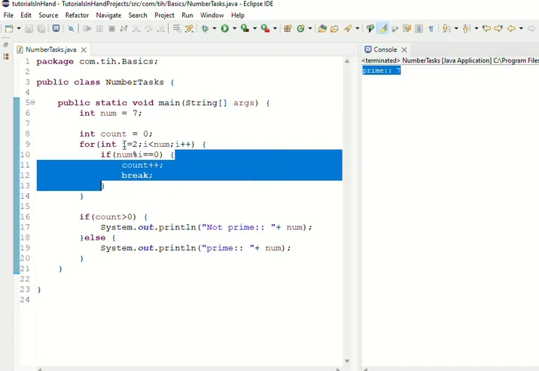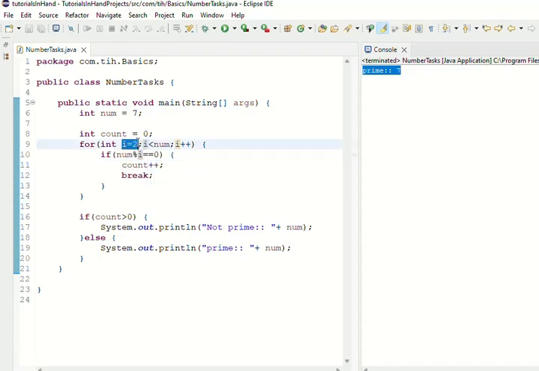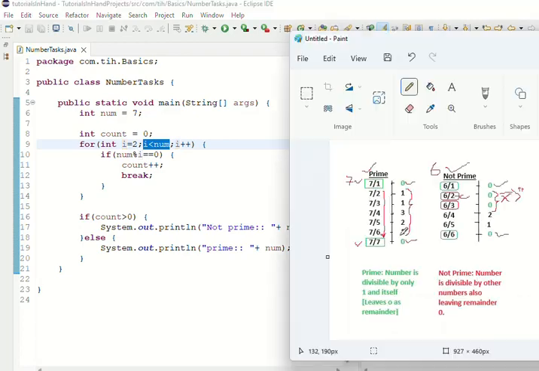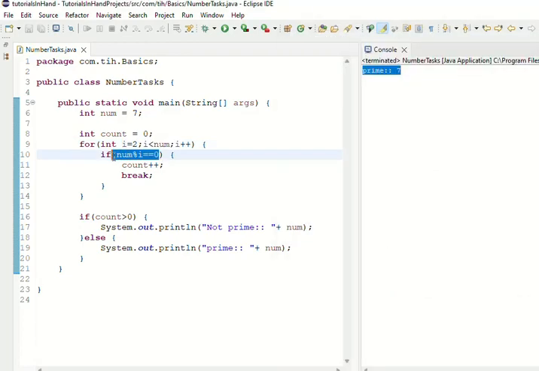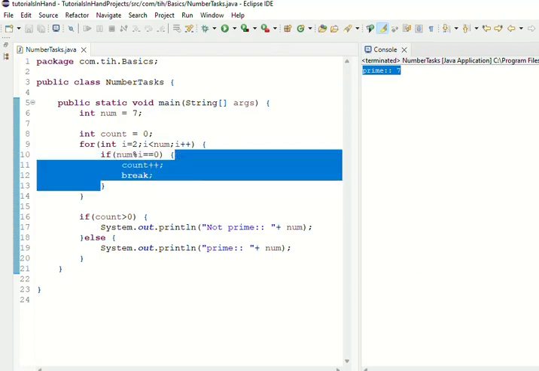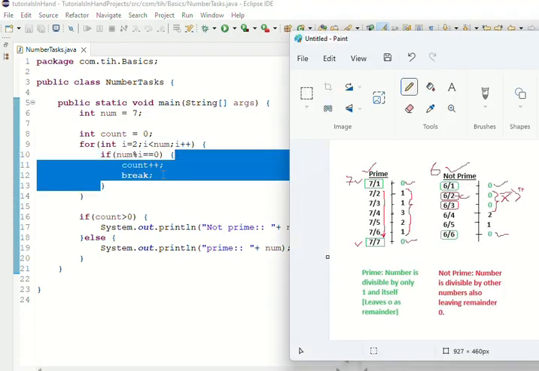Similarly, it will keep on incrementing the value of i by 1, and in each iteration it will check this condition whether it is less or not. So till 6 it will turn out to be true, and we will check the remainder till 6. So 7 mod 6 will leave remainder 1, and as a result we will not enter inside this logic at all. So we will not enter inside the if at all, and thus 7 becomes a prime number because it will always leave remainder greater than 0, right?